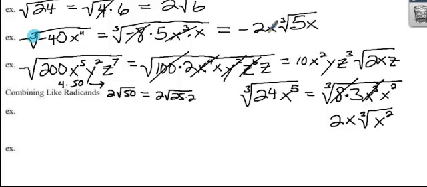Kind of like when you were younger and you tried to reduce fractions. Sometimes you didn't get it reduced all the way the first time and you had to divide top and bottom by something else again. So sometimes if you don't see the biggest number right away, you just do it in 2 steps. Not really a big